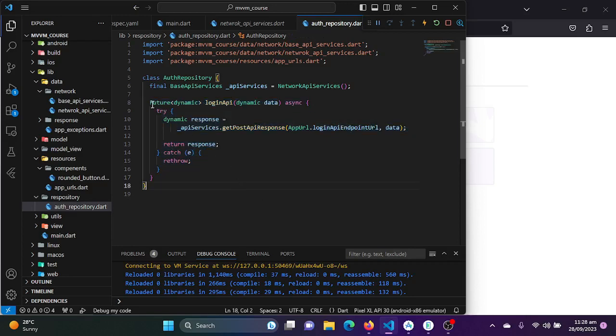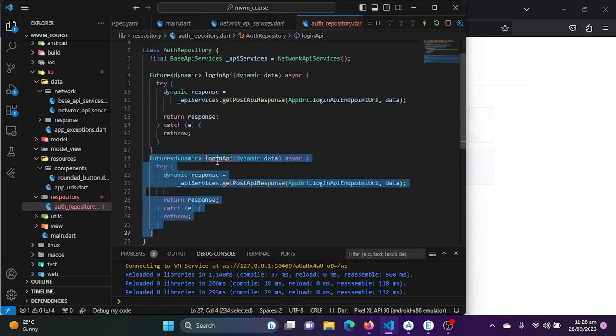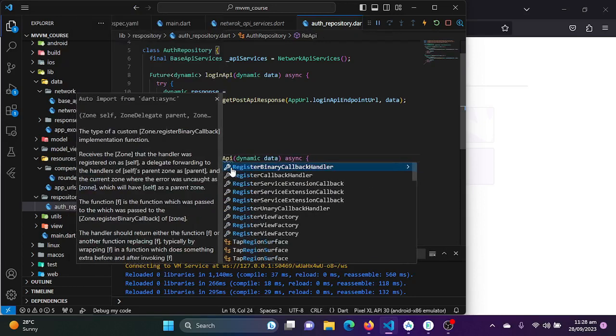So here, if you want another API, for example, if we need a post API or send data, we can easily write it in a single line. So you see, this is what we have just created so far. If we need to create another method, we will just copy this and just change the name, login to register, sorry,